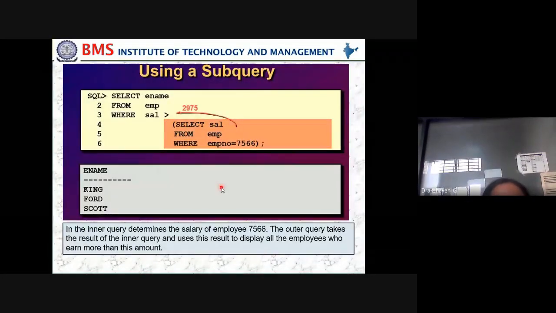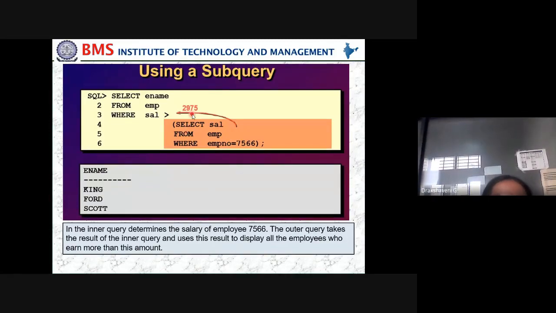So first, the inner query finds the salary of a particular employee whose employee number is 7566. Suppose we got a salary of 2975. Let us assume that. Then the people who have more than this salary should have their names fetched.